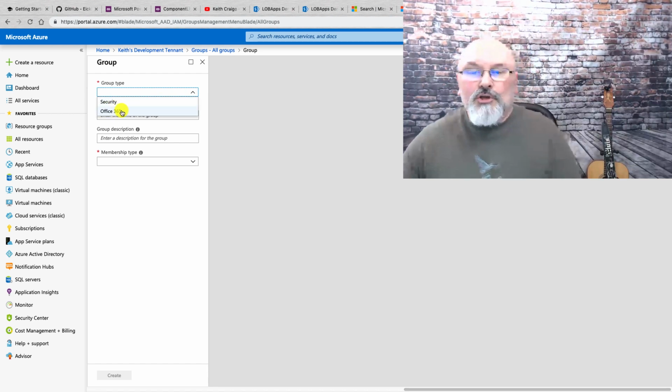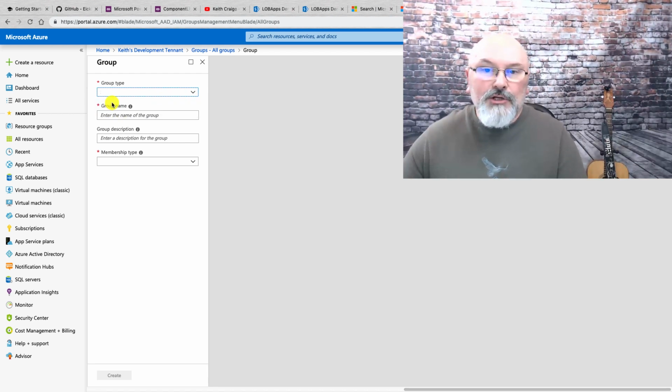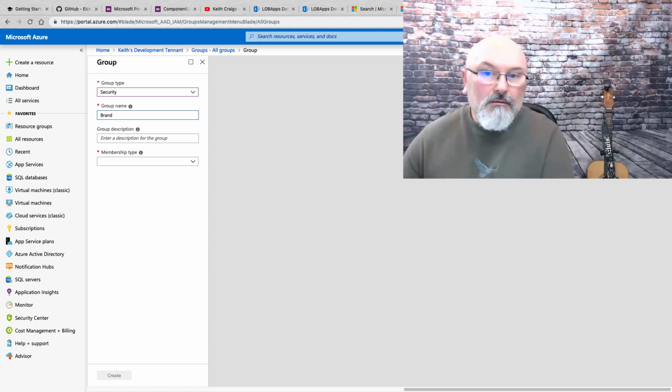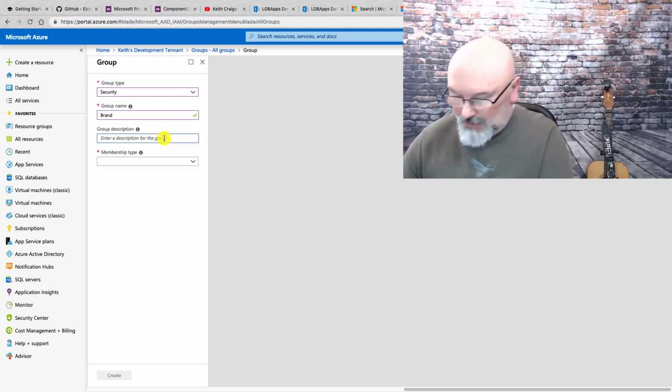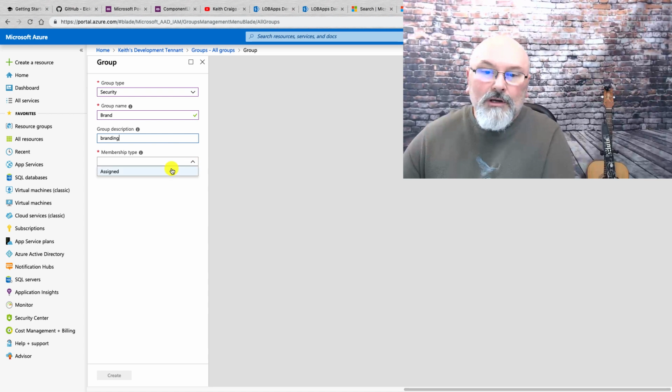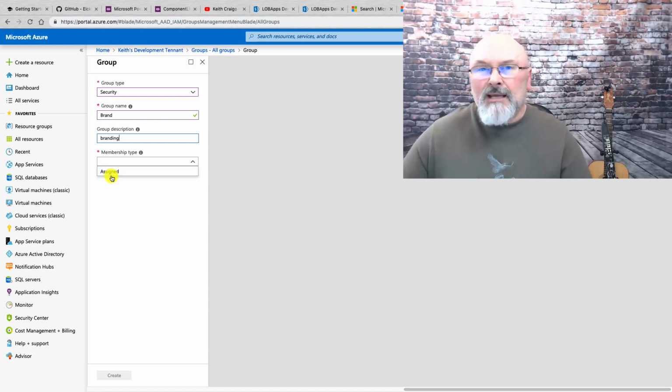You can choose security or Office 365. I chose security. And I will just give this a random name and a random group. Now I'm not going to create it. I'm going to use the other one that I showed you previously. But in my case, I can only do the assigned membership, meaning that I have to manually enter the information.